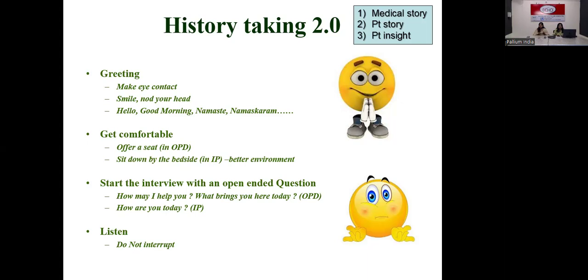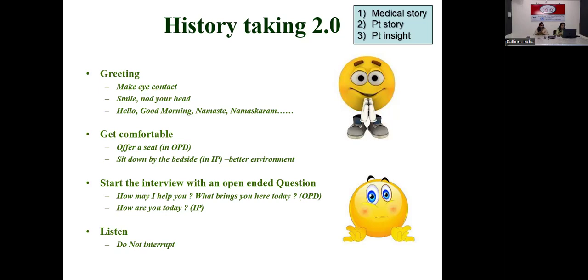So I'll start the whole process of communication with an open-ended question, and I'll listen without interrupting. I think there is a study which shows that there is this tendency amongst doctors. The study shows that doctors interrupt the patient within the first 10 to 15 seconds of the patient's communication. We have this tendency to interrupt the patient, stop them from what they are saying, and intervene in between. So do not interrupt. Listen to whatever they are saying,